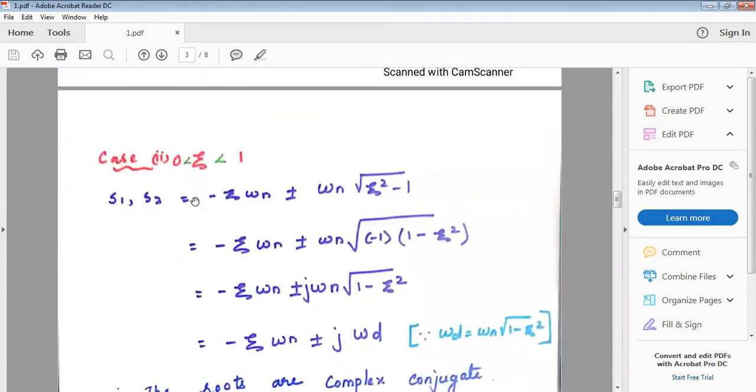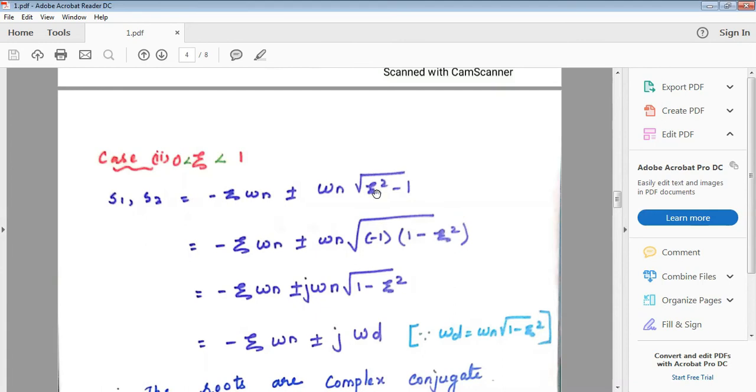So next we are moving to case 2. Case 2 is the underdamped condition. At the underdamped condition, the zeta value lies between 0 and 1, right? So here also this is the root s1, s2. Here we have to consider zeta less than 1. While considering the term zeta square minus 1, this suggests that zeta is greater than 1, but the condition for underdamped is that zeta should be less than 1. So to satisfy that condition, I am taking the minus 1 outside, so it will be 1 minus zeta square.